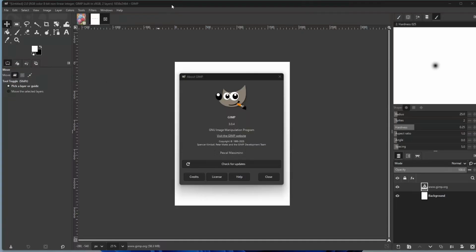GIMP is software that you can download if you haven't heard of it before. It's software that you can download right from the website and install it on your computer, and you can use it to do all kinds of image editing. It's basically a free version of software that does much of the same things that Photoshop does. So let's get into it. I have the About GIMP screen pulled up here,